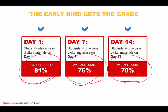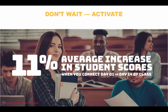Now, part of this is going to be because you're going to get some zeros on some things because you didn't complete them. The other is because you're not going to be nearly as prepared for those exams as you would have been. And if you are past that 2-week period into the 3 weeks, most students do not pass the course. So when I ask you to go ahead and sign up for this, that's why I'm trying to get you to do it. Don't wait. Activate. By activating it today, you're going to finish 11% higher on average. Okay? Now,